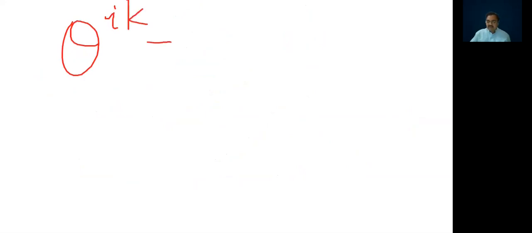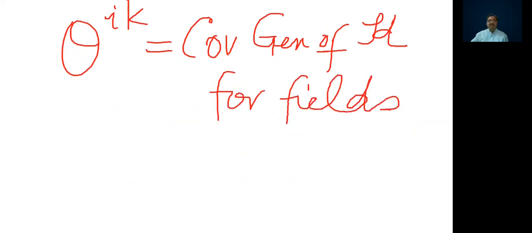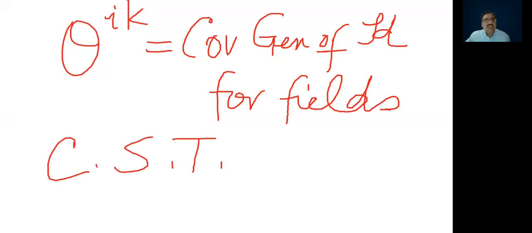And this is called the covariant generalization of the Hamiltonian density, right, for fields. Okay, how do we define it? Now this is called the canonical stress tensor, right? In short, it is called CST, and we can define this CST as follows: